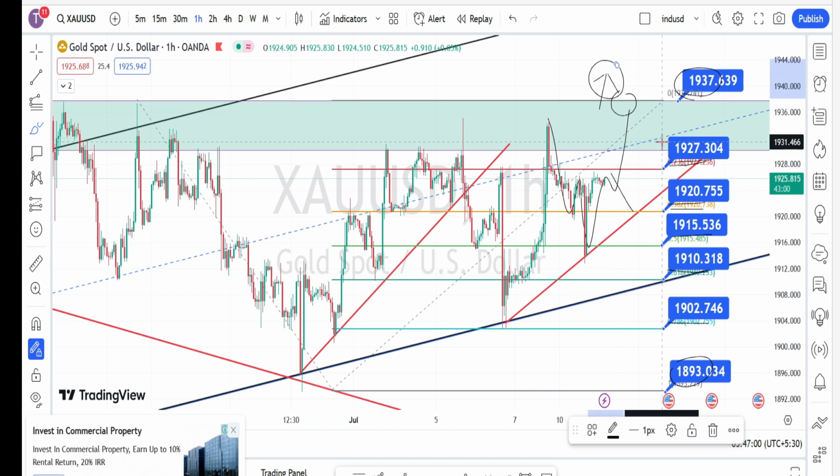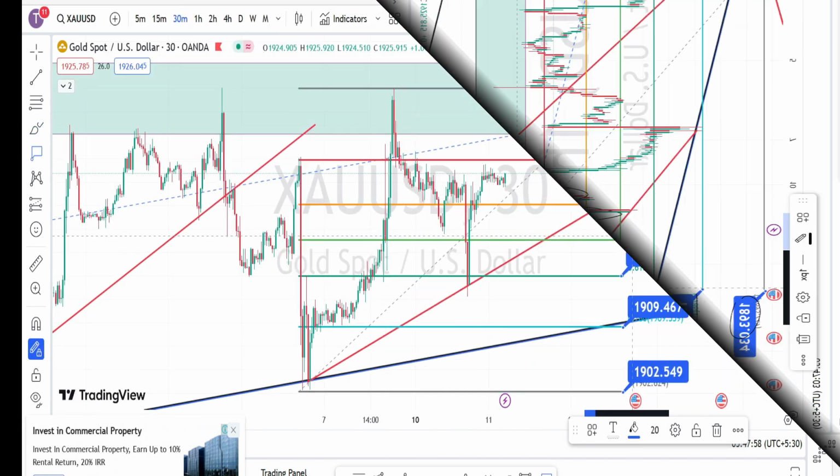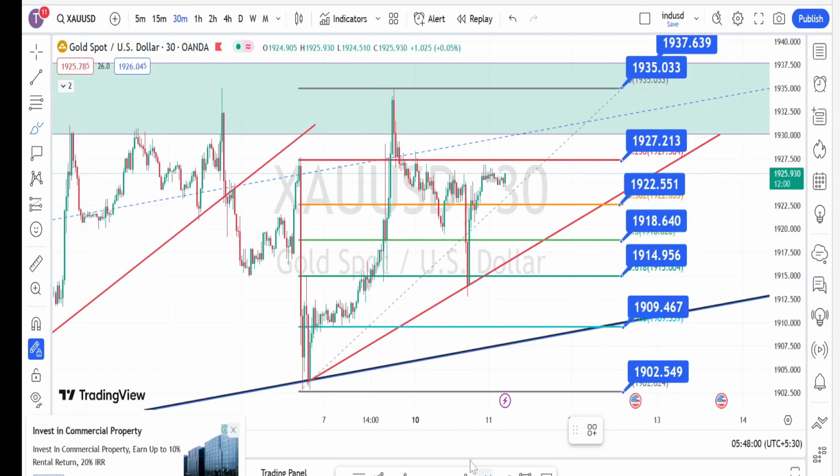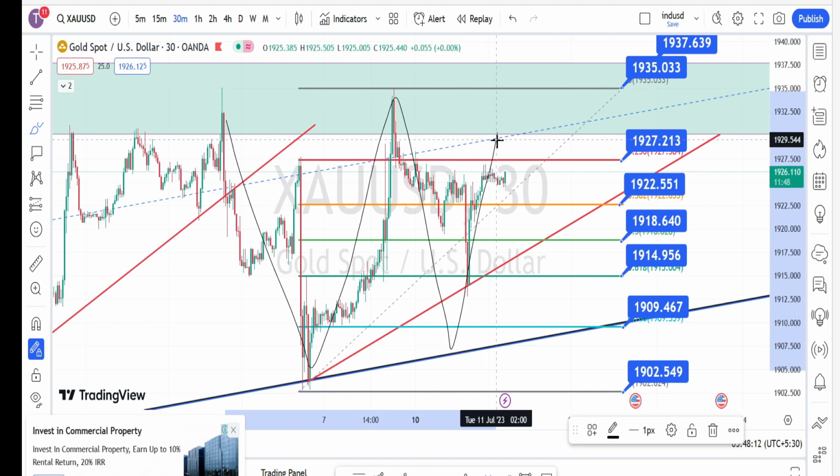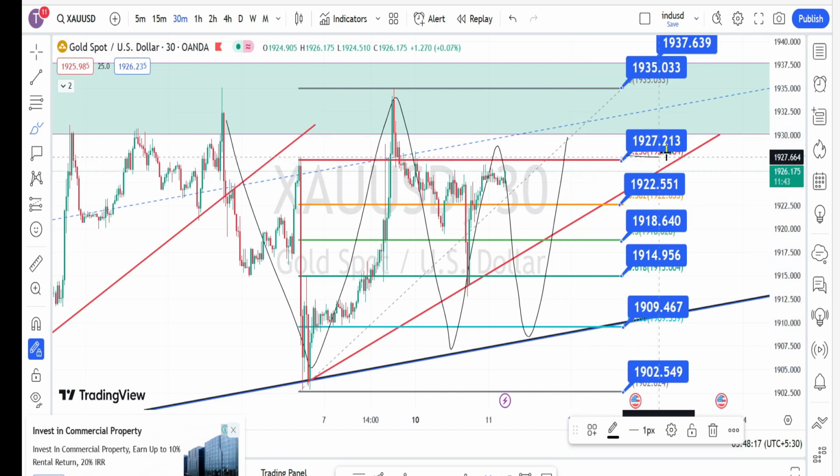Let us mark the support and resistance levels for 30 minutes time frame. I'm in 30 minutes time frame, and we already know from the higher time frame that the current price action is consolidating within this resistance zone and the support line from the higher time frames on a sideways price action. Within this sideways price action, the current resistance level is going to be around 1927. Once the price action breaches this resistance level, next level of resistance is going to be around 1930. And if the price action breaches this resistance level of 1930, next level of resistance is going to be around